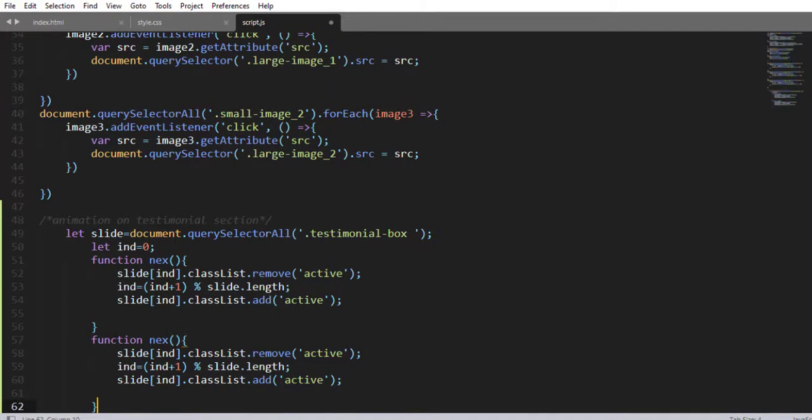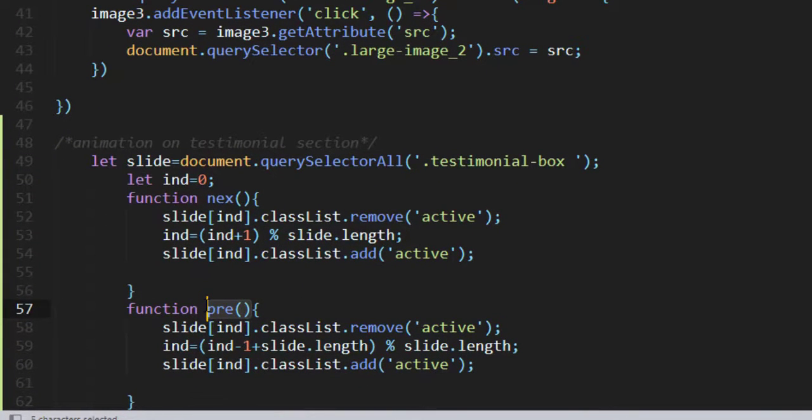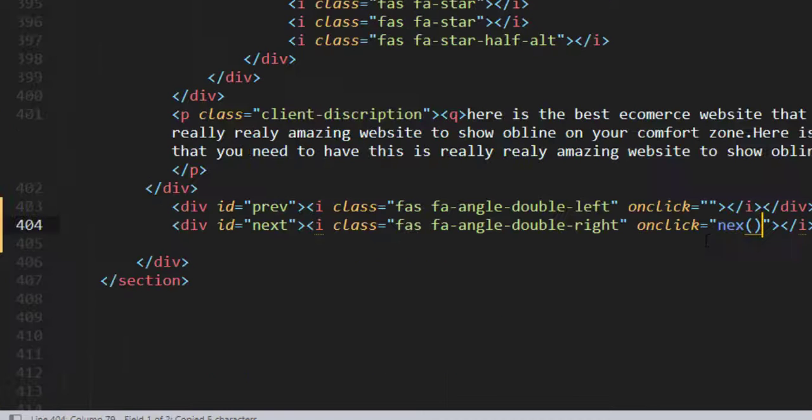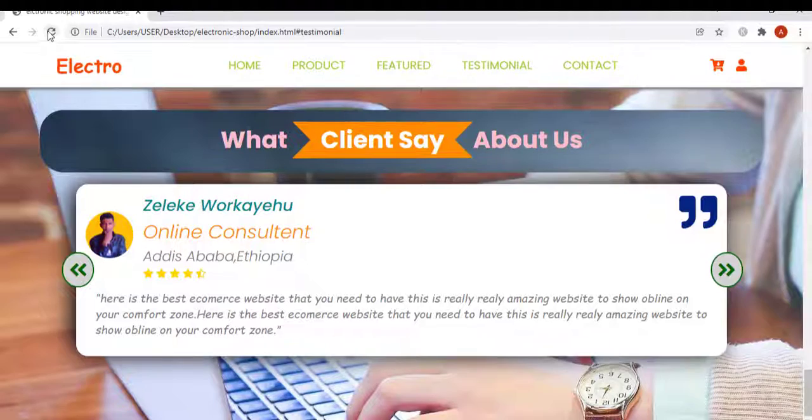Function name, let me change this function name to whatever you want. For me, I'm going to say prev, and copy this slide.length and paste over here. Change this plus into minus, and then plus over here and paste slide.length, and leave everything as it is. Okay, now